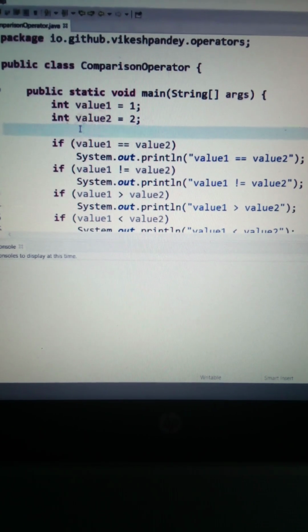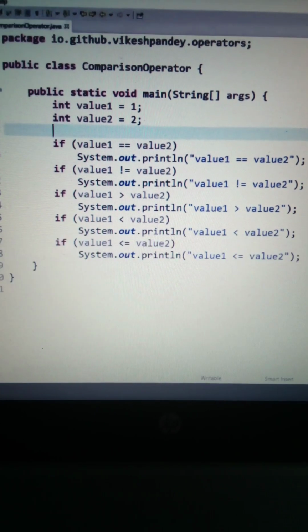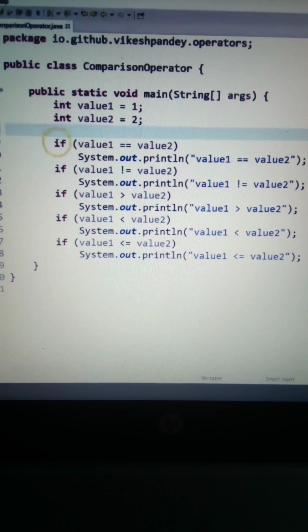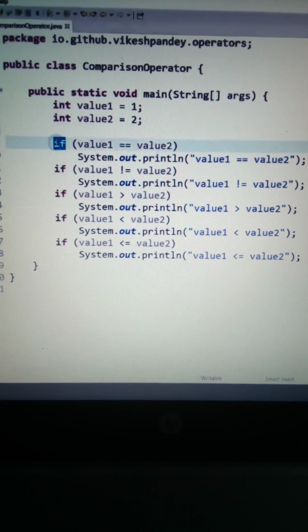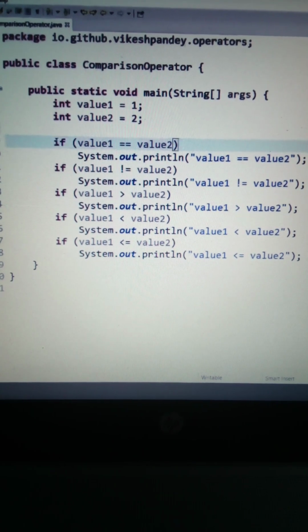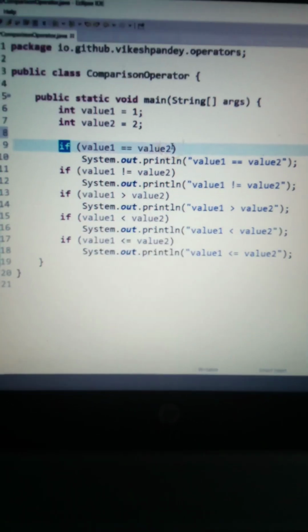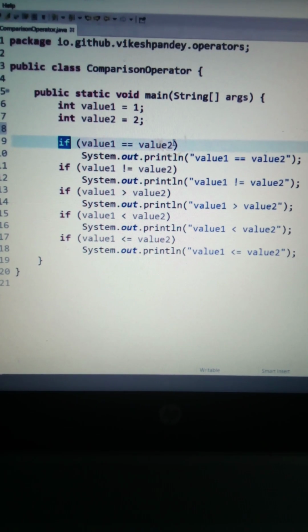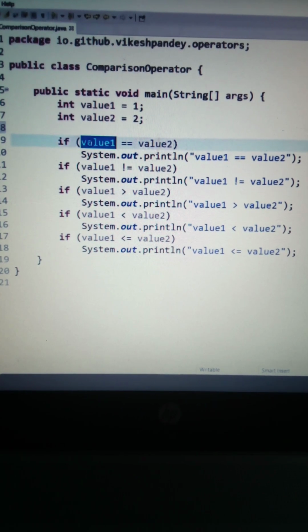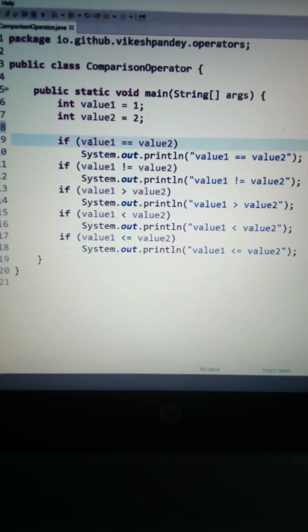We will be covering conditional operators in much detail in the upcoming lectures, but for now you can understand that when we talk about conditional operators, we talk about if and else statement. So if is again a keyword in Java which can be used to compare things, and the syntax is very straightforward. You write the if keyword and then you write the actual comparison expression. So in the first example, I'm writing a condition which says evaluate if value1 is equal